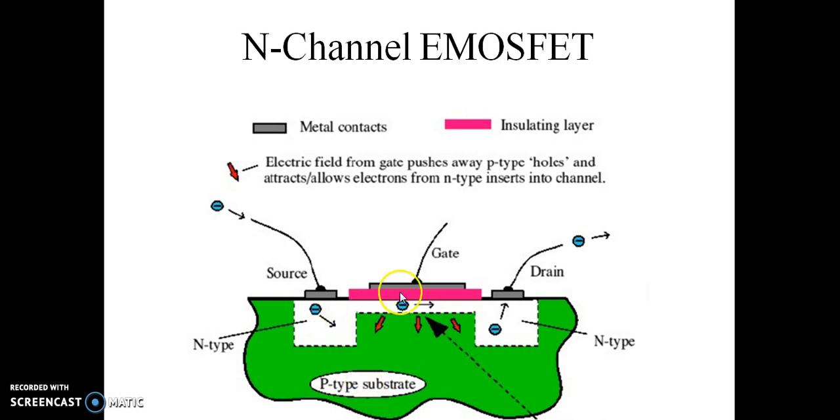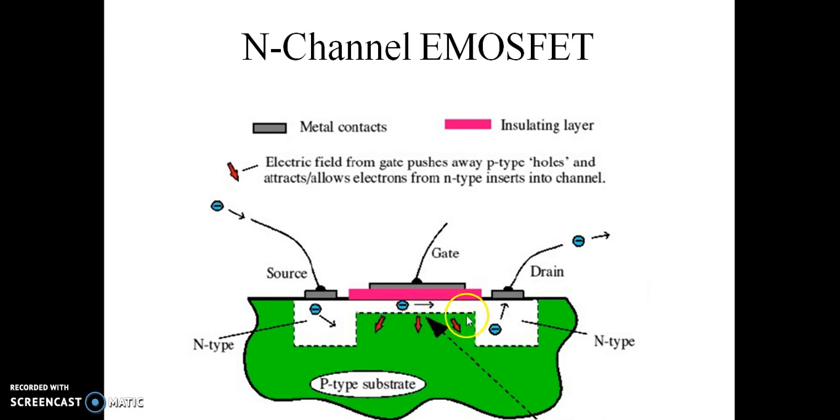Now at the starting, whenever we have not given any voltage, there is no formation of the inversion layer, that is a channel. That's why current will not flow. But if you connect the gate of the N channel to the positive voltage, that is VDD or 5 volt logic high, a number of electrons will get accumulated behind this gate, forming a channel.